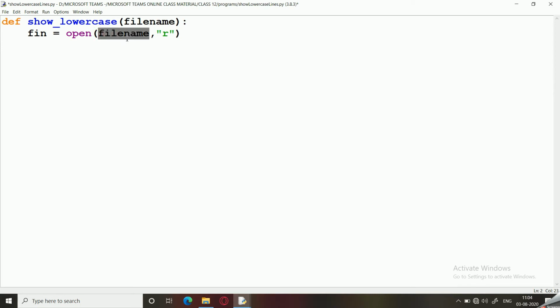But the problem with this file name would be that the user will definitely be providing the file name with a single slash, and that too a backslash.